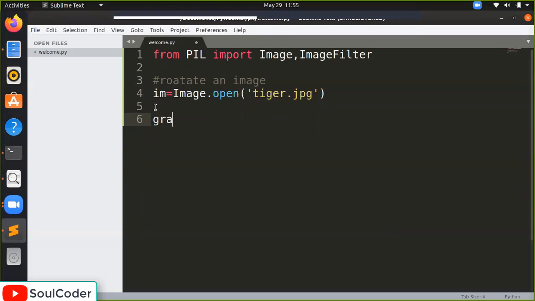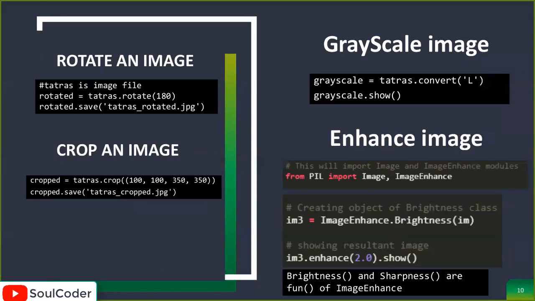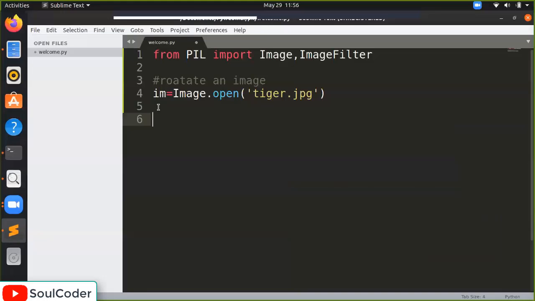I have told you there is grayscale, there is RGB, there is RGBA, there is CMYK. Now this notation is displayed exactly like this, but for grayscale it is displayed as L. So when we want to convert into a grayscale image, we have to pass the parameter which is called L. So how exactly we are going to do that, and how exactly it will help us a lot. Whatever our size, we just have to convert to L and show the image.